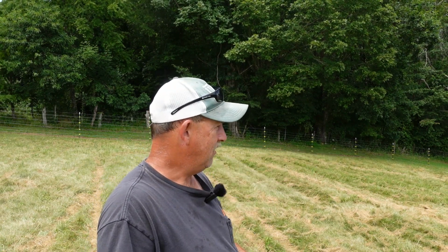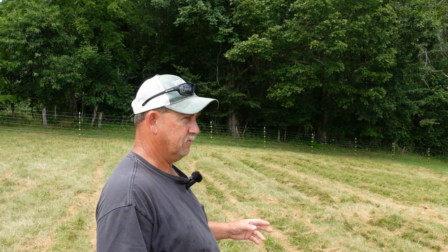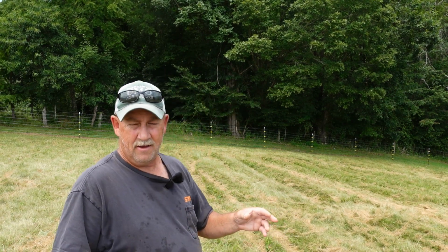We got deer around here everywhere. There's one standing right down here. They tear our fences down continually. That's another subject, but I'm getting a little put out with all the deer around here. But anyway,